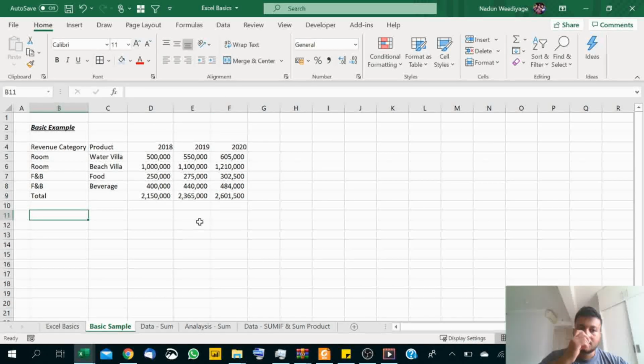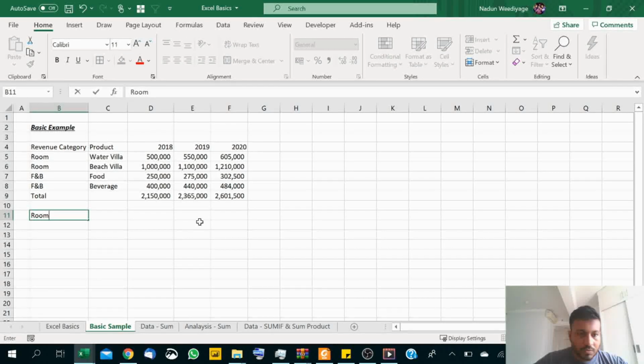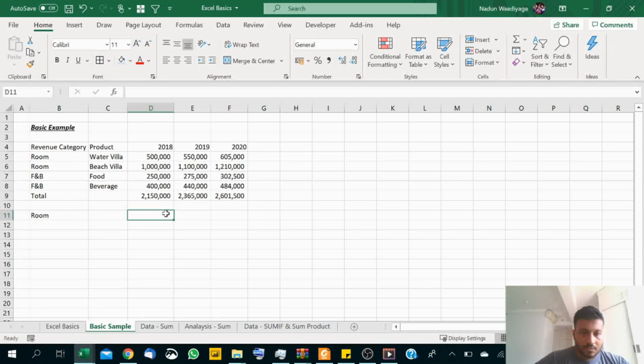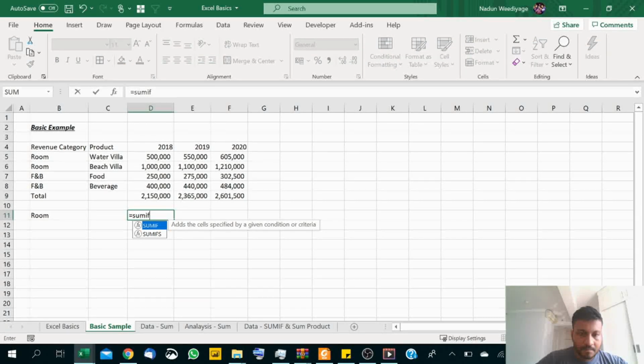Let's quickly look at the sumif function. So let's say we want to get the room revenue total. So then we can do equal sumif, open parentheses. It is asking for the range. In this case, our criteria is room. So this is the range we want to see, the range where we want to see whether the criteria matches or not. So select this B5 to B8 range,